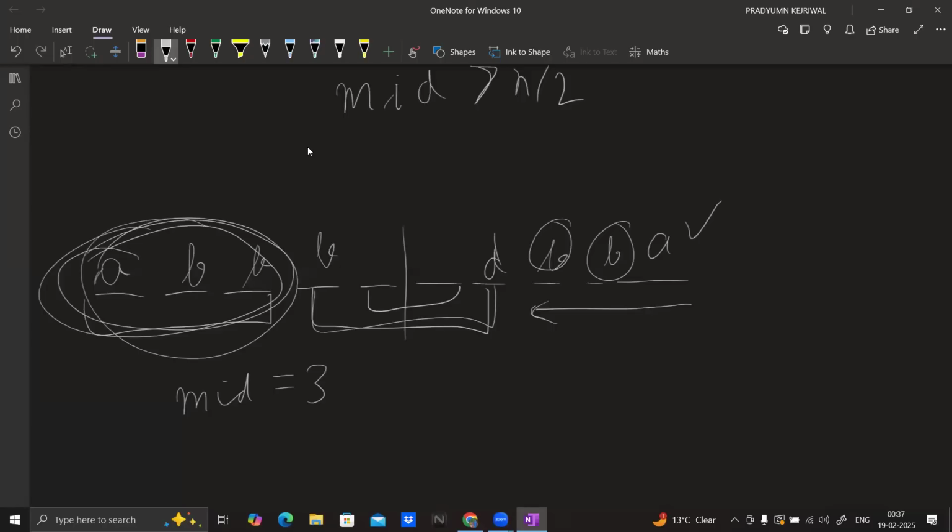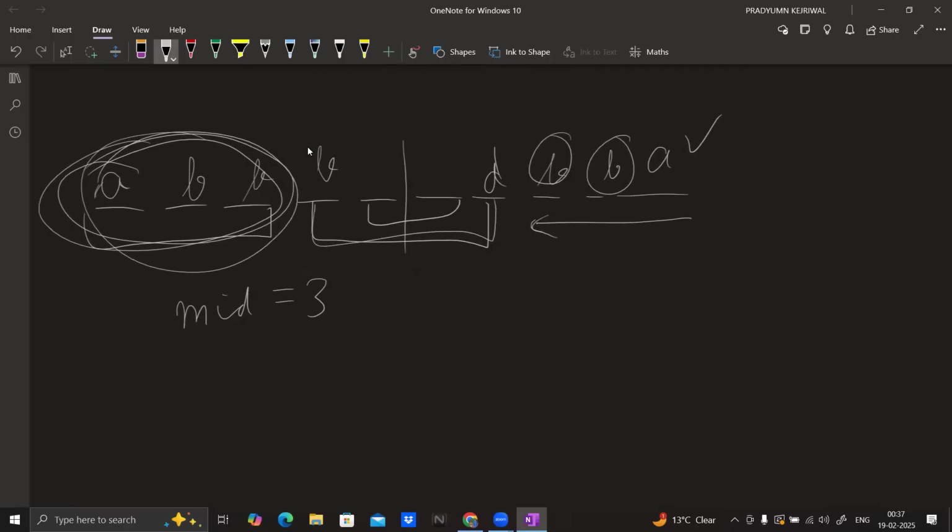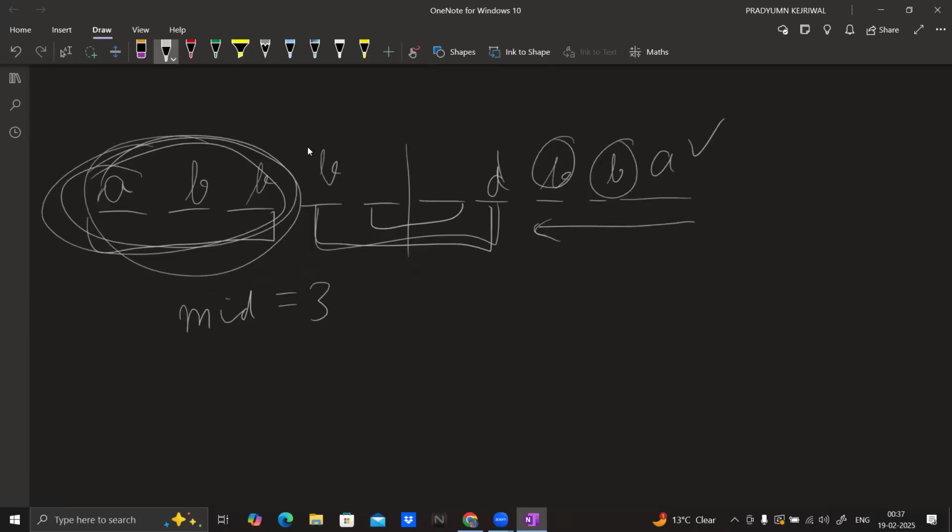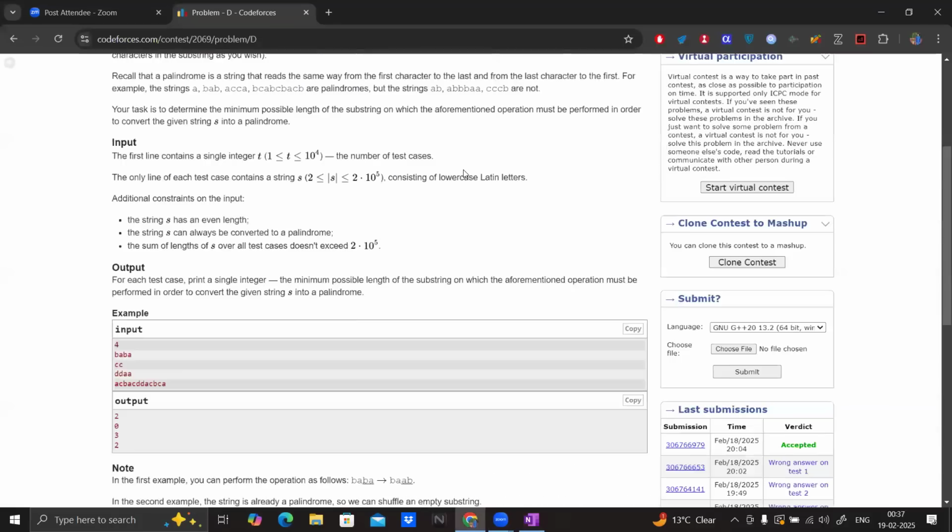And to check a suffix, it is pretty easy. You can just reverse the string and just check the prefix. Just write a function to check a prefix and call that function for that string and for the reverse of the string as well. That's what I did. If I show you the code,